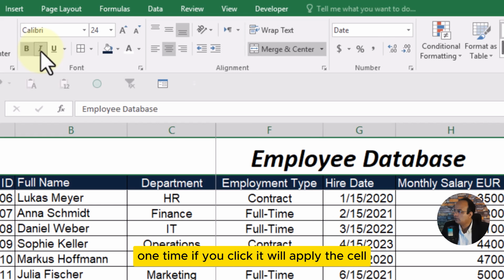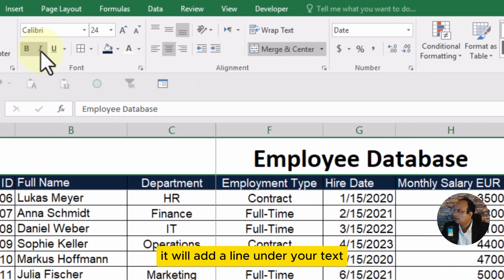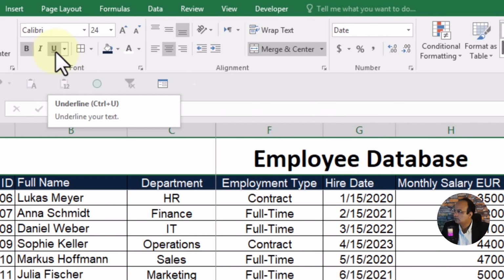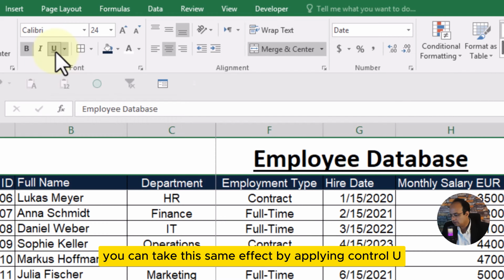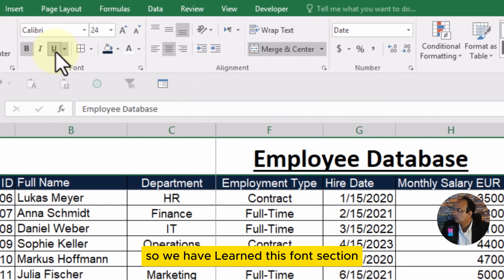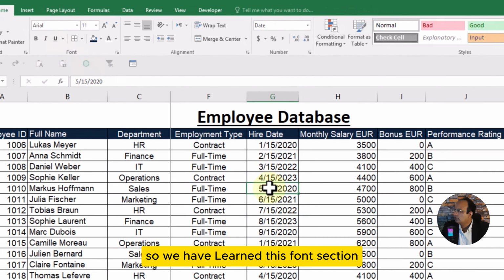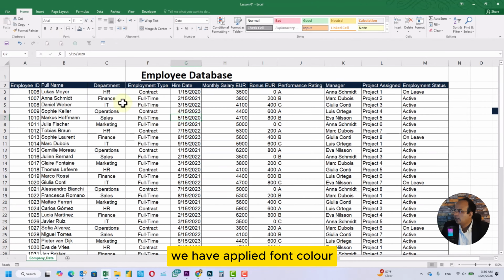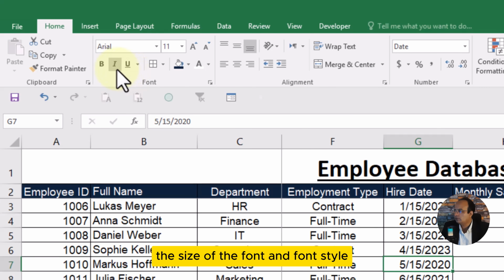One time if you click, it will apply to the cell, and another time you click, it will take back the effect. The next is underline. It will add a line under your text. Also you can get the same effect by applying Ctrl U, right? So we have learned this font section. We have applied font color, background color, the border, underline, italic, bold, the size of the font and font style,